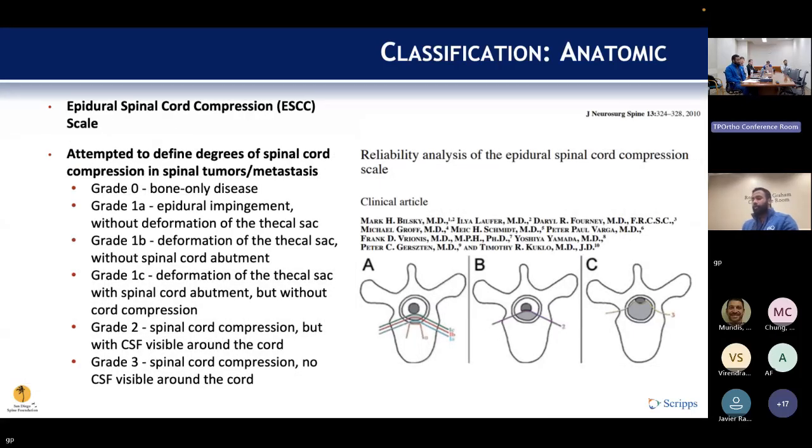The ESCC scale classifies METs in terms of spinal cord compression, and this system was born out of the concept that spinal cord compression is talked about and agreed upon, but there was no defined terms of the extent of how much spinal cord compression. So this was made to have a way to reference how much spinal cord compression in a systematic classification system with some objectivity. They defined the degree of compression based on whether it's only in the bone, how much epidural impingement there is, and if there's true spinal cord compression or total obliteration of CSF.